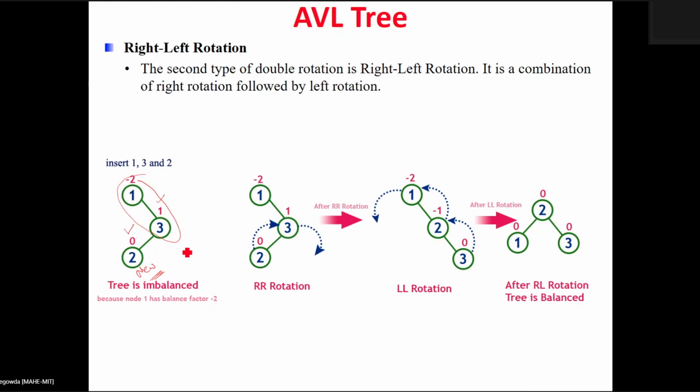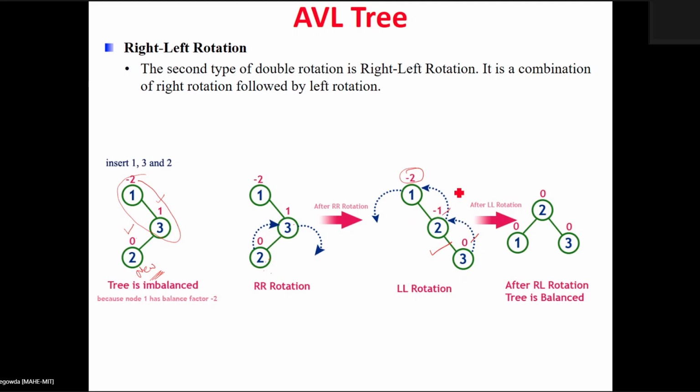So now you need to do double rotations in order to balance the tree. First, you have to do a right rotation for the node 2 and as well as the 3. When you do the right rotation for this, the resultant tree becomes 1, 2, 3. If you calculate the balance factor here, it is still 0, -1 and as well as -2. Now you apply the left rotation for the nodes 1 and 2.